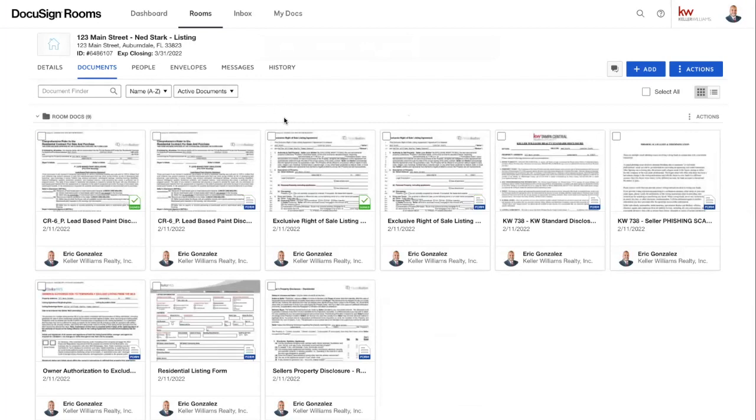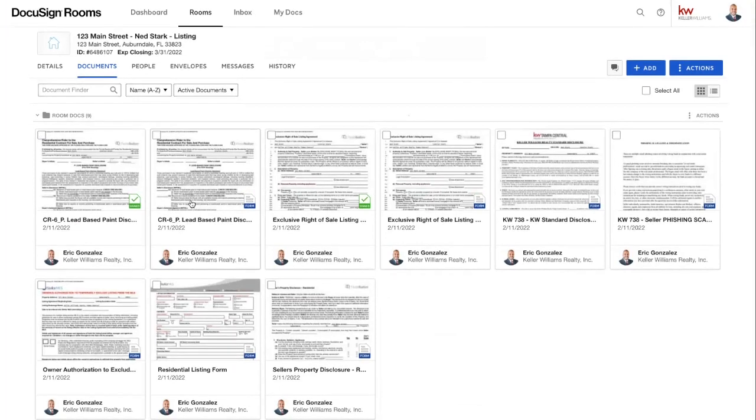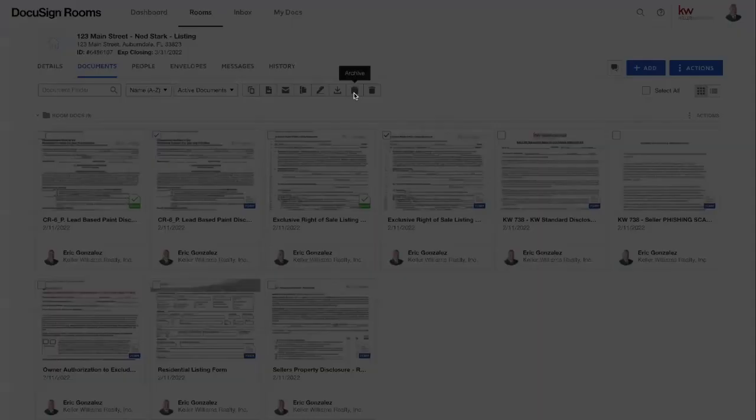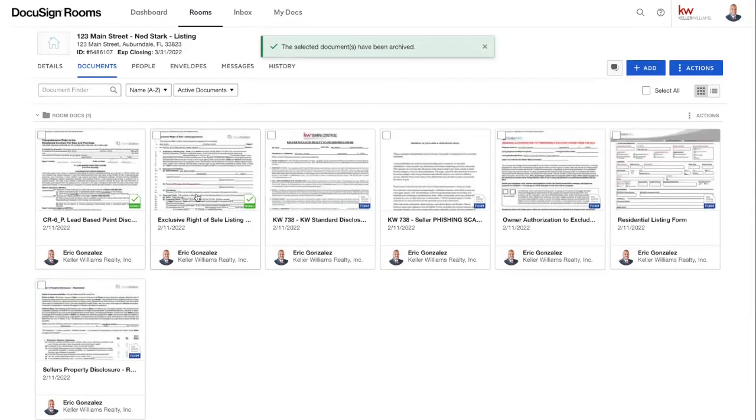So now that we have a signed copy of those two documents, we also have the original interactive form from DocuSign here. It is my advice to you guys to just take once you've received the copies of the signed copies of the documents you want to use, go ahead and archive the old interactive ones. If you need them, you can unarchive them, of course. However, the reason I recommend you do this, so I'm going to archive the original ones there, is because now